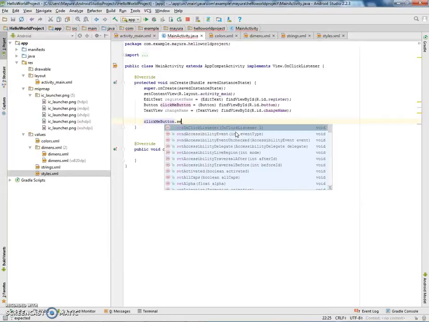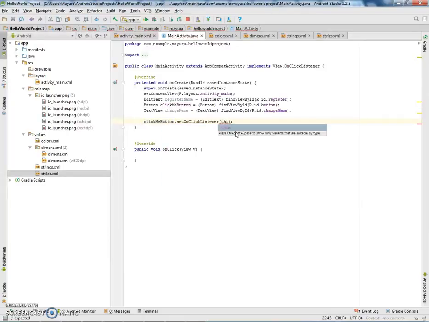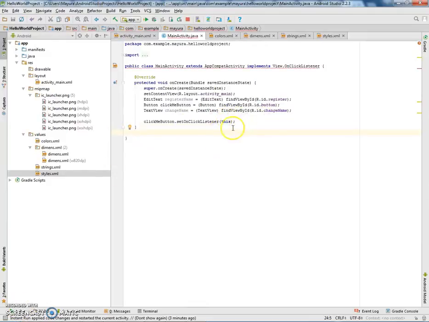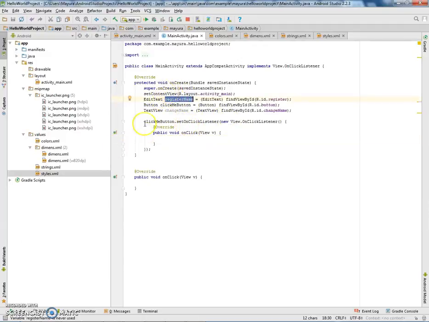For the button click listener, we have the click me button. That's setOnClickListener. We can pass the context and implement the changes. Whenever we use the context, we need to implement its unimplemented methods. So we can implement the onClick method. That is here. We can perform whatever operation. Otherwise, we can implement inside that one only. That is new OnClickListener. We can implement inside that listener only. So whenever the user clicks on the button, we will take the input from register name and we'll set it to the text view. So we will take the name from edit text